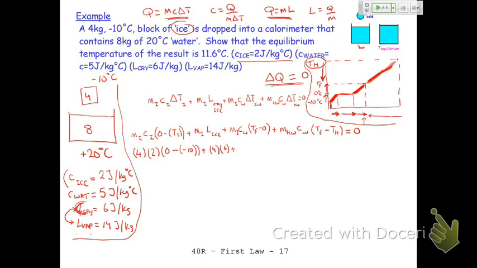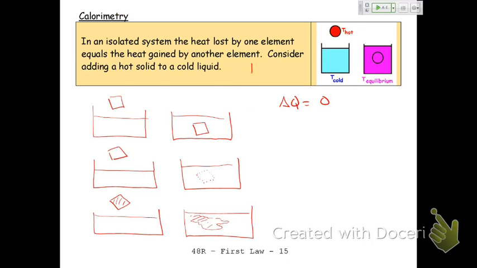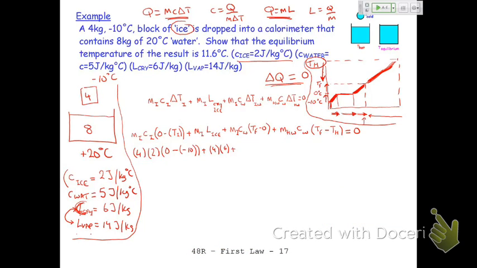If you go back, we had latent heat of vaporization on the right, and we had latent heat of crystallization on the left, and they're not the same thing. So just review those. Then we say mass of ice. Mass of ice is, now it's water. It's the ice water. It's still the same amount of stuff, but it's water. So I can't use the 2 for the specific heat. I have to use the 5 for the specific heat. And then I have T final, that's what I want to find out, minus, and in this case, my melting point is 0, so it's T final minus 0,